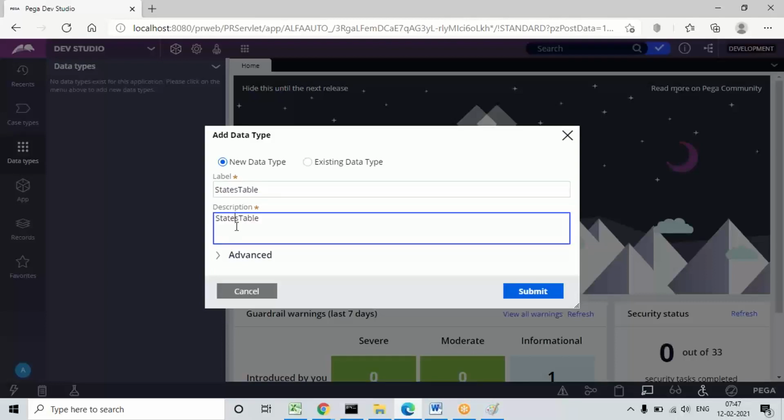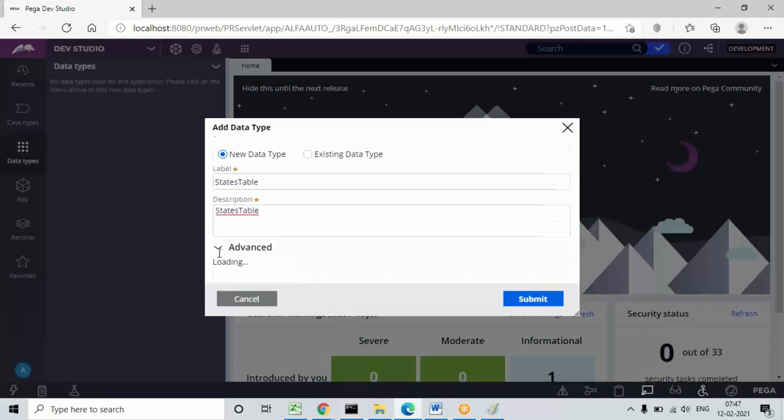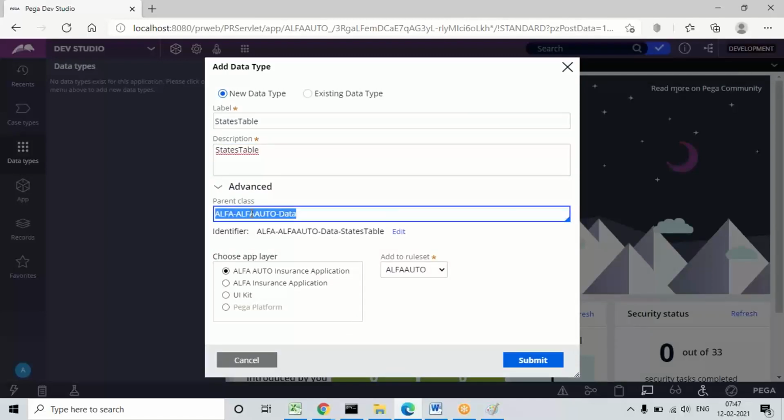See, by default, as I said, you will be getting a division level data layer. If you open these advanced settings, by default you will be getting the parent as division level data layer, that is the implementation data layer. But I want to create this table at organization level. So in that case, remove the division name, or you can manually select it in the drop down, and just give it as alpha-hyphen data.